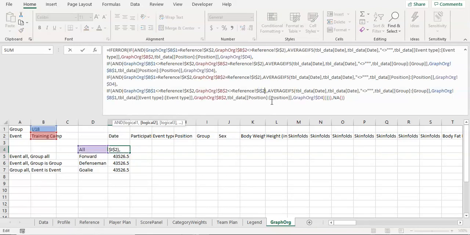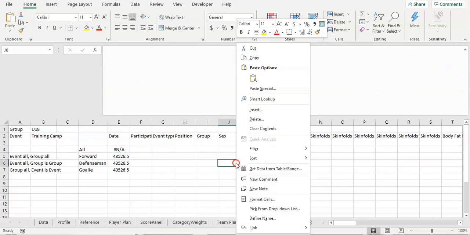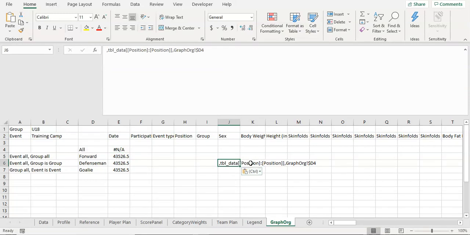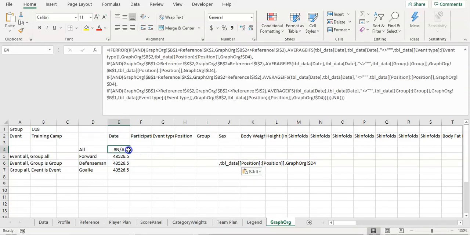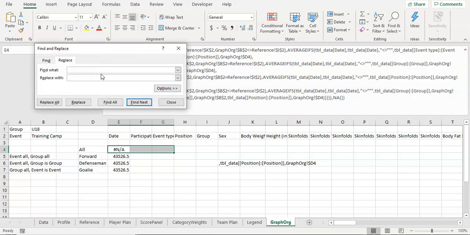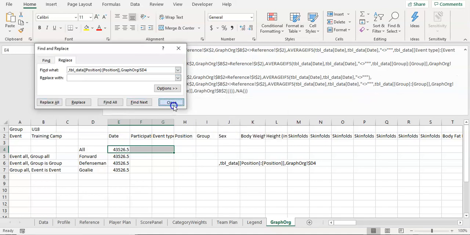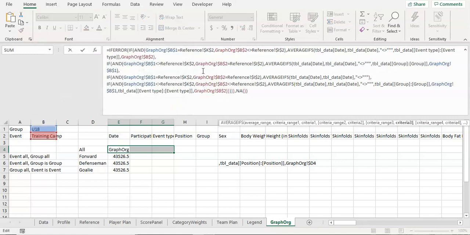So one thing that we can do is we can remove, so let's copy this, comma, position equals this, whatever this is. I'm going to copy that. I'm going to paste it right here. We just need to replace this with blank for the all group. So I'm going to select all and a couple of other things. I'm going to go to replace. Find what? We want to find where we talk about it being the position being equal to something. And now we don't care about it, so let's replace it with blank. I'll replace all. Now if you notice in here, there's nothing about position anywhere, and when I click on it, it's not looking